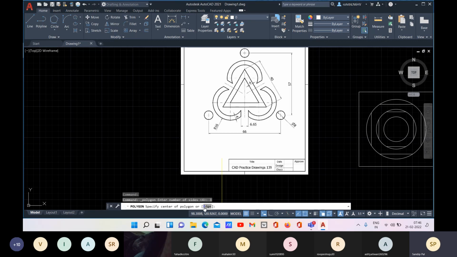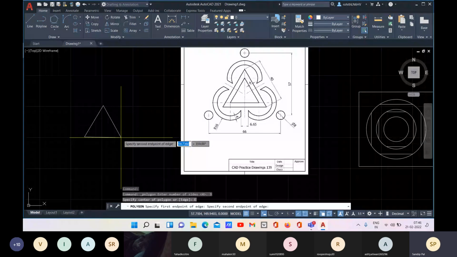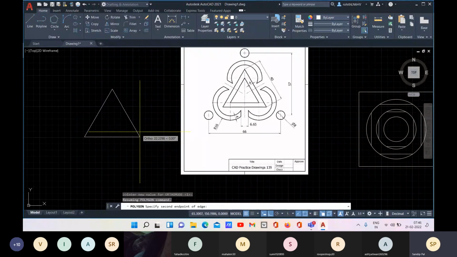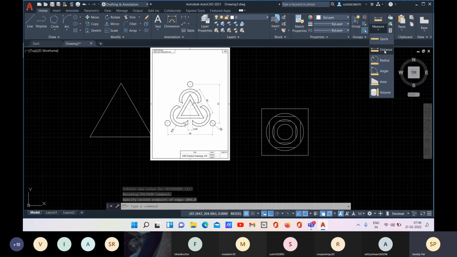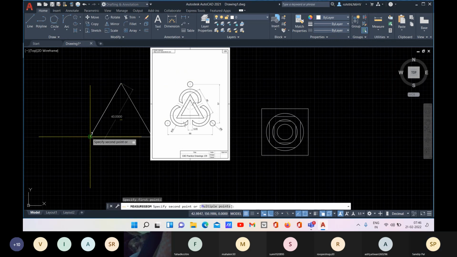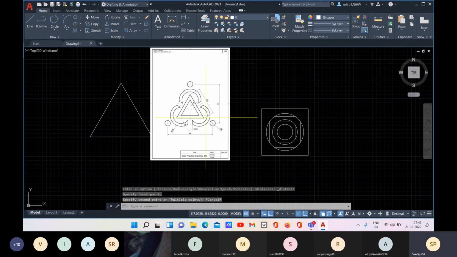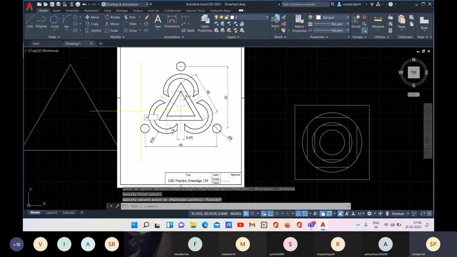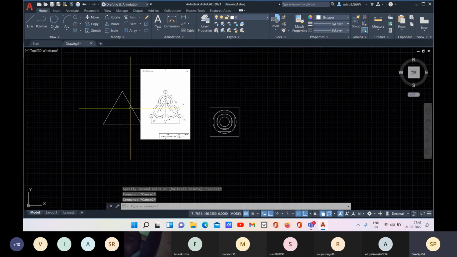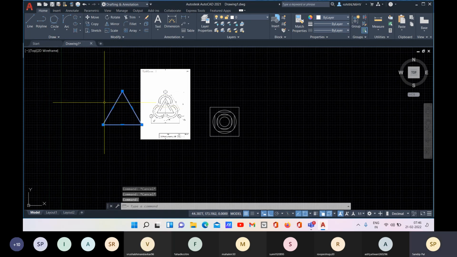I'll go with the edge and then the next point I can specify with the coordinate. So 40, either I can go with polar or I can go with Cartesian. So @40,0 or @40<0, enter. Okay. So you can check the dimensions. That is 40. Okay. So this is how we will create. And you can see the distance is 4. So we will go with the offset OF. So you see how I saved time with this polygon option.